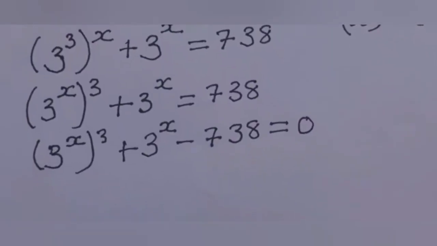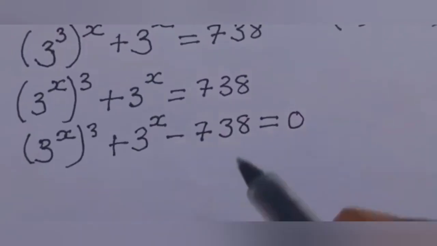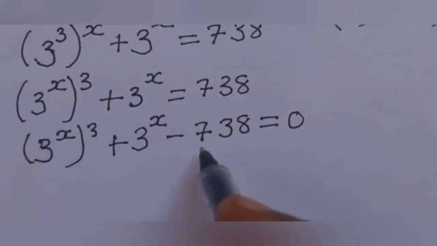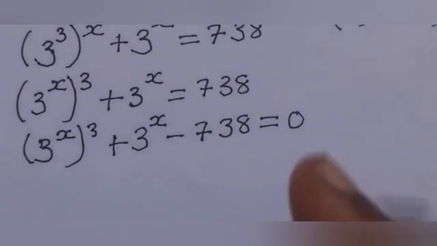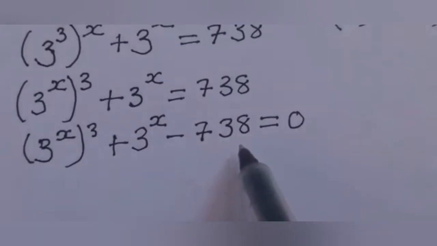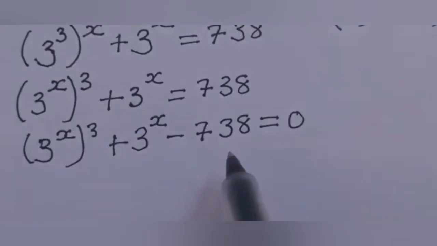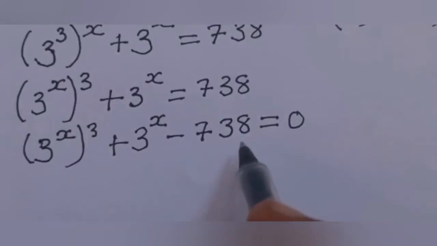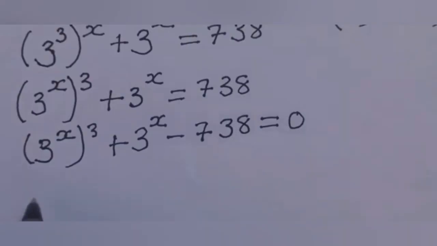Thereafter, find a number which is near to 738, but that number can be expressed as a cube of a certain number. Find the number which is near to this, but that number can be expressed as a cube of a certain number. In our case, we have